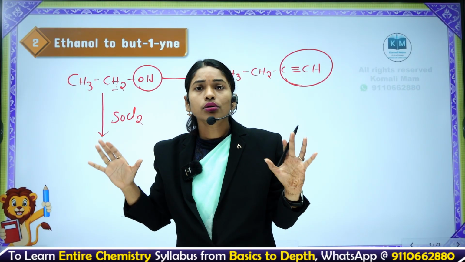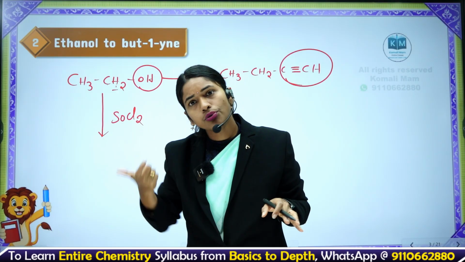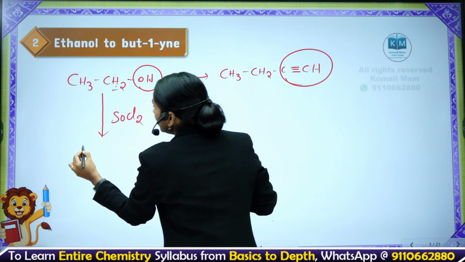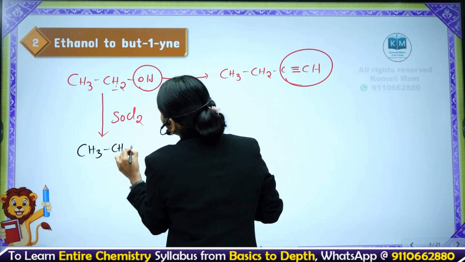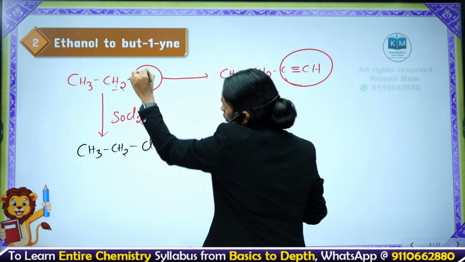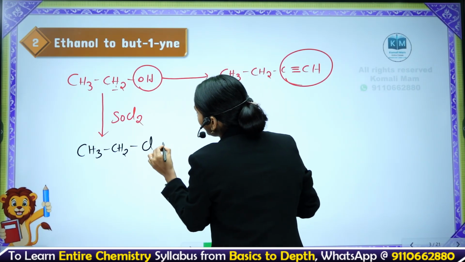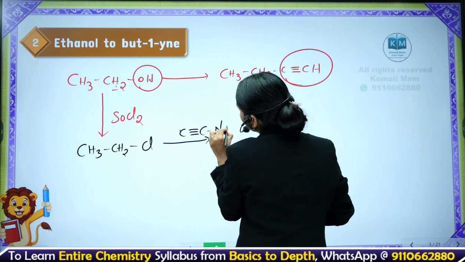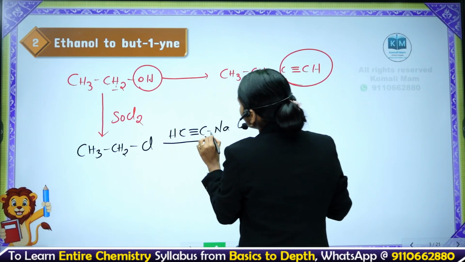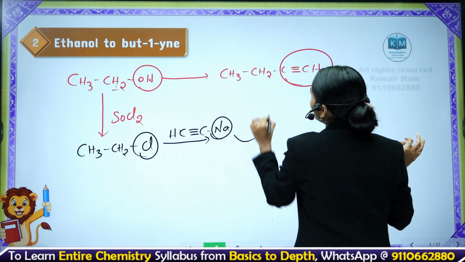Follow the syllabus. Whatever the reagents are there, commonly use those reagents only. Then use CH3 thionyl chloride, and you will get chlorine here. OH plus chlorine. Once you get OH plus chlorine, then treat this with sodium acetylide. Sodium acetylide you treat, then this Na and this Cl go out and we will be getting our